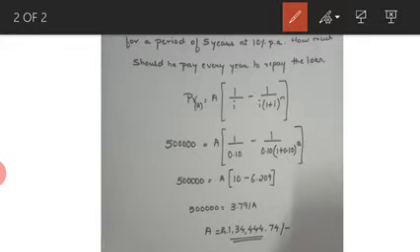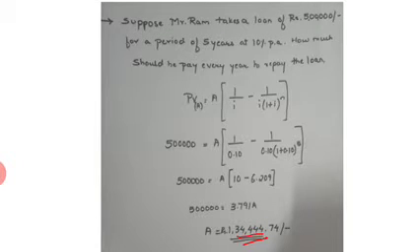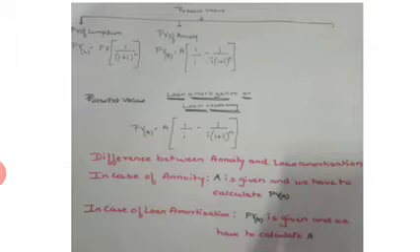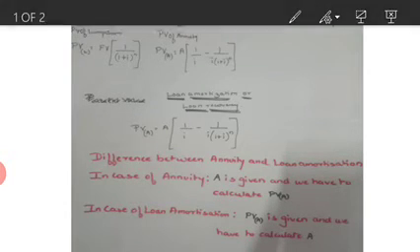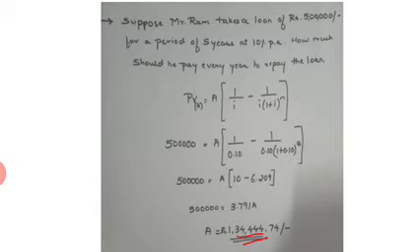So what would A be? A would be 1,34,444.74. Now, the most important thing in these formulas is that you have to understand what is given and what is to be calculated. So I'll just repeat it once again. In this particular formula, I say annuity because they are asking how much we should pay every year. When they say every year, they are talking about annuity. So how much should they pay every year? Annuity, and the present value is given.